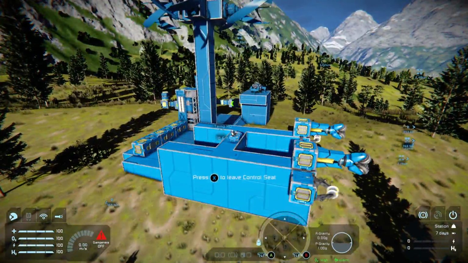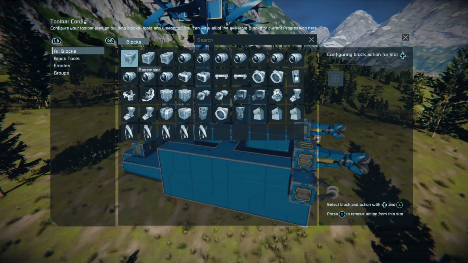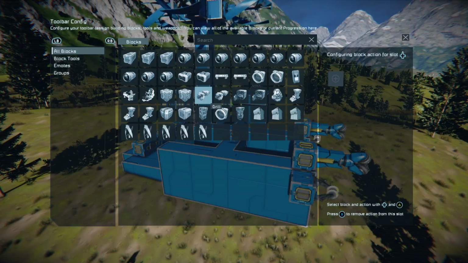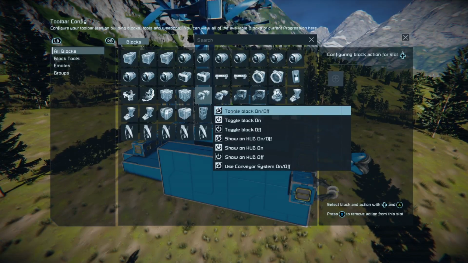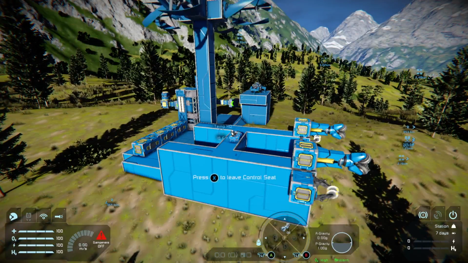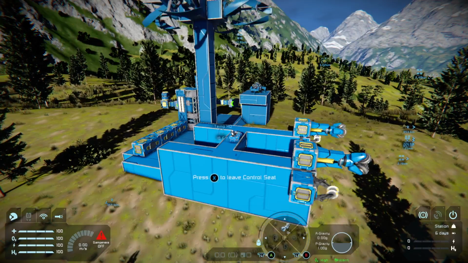Because if you go, for instance, and put your all blocks and you pick a drill like so, you can put it on toggle block on off, and that will just activate that drill.